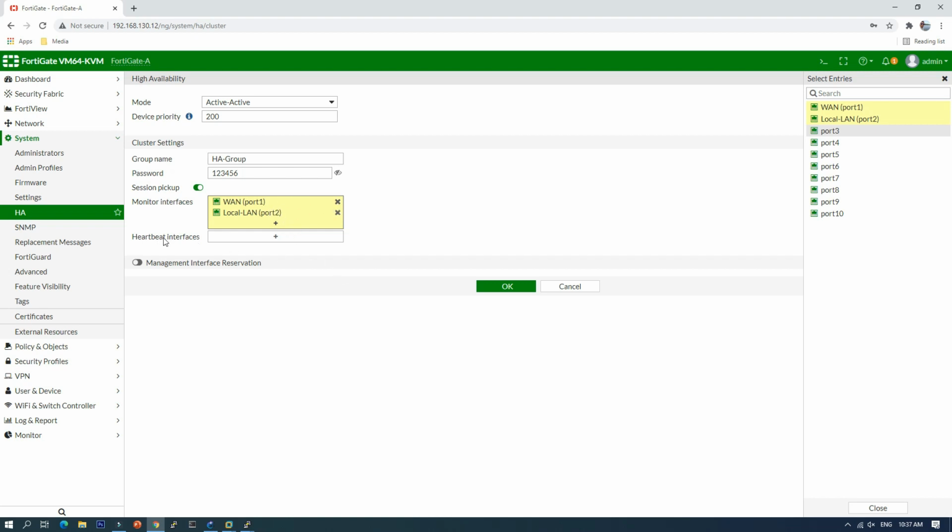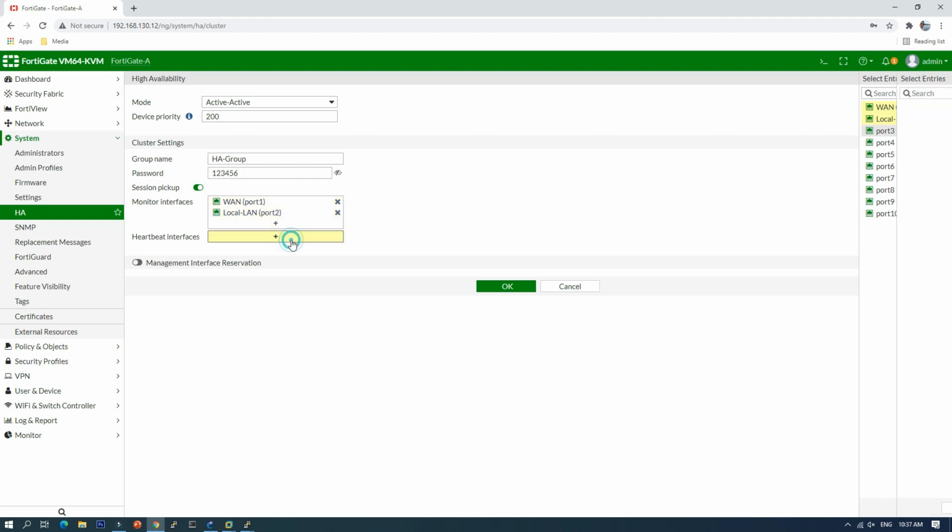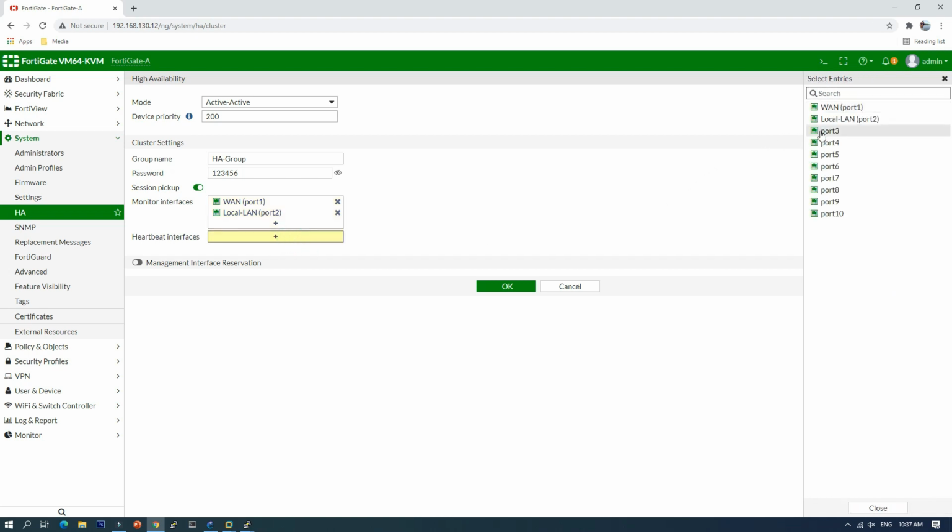Okay, this is the heartbeat interface. For the heartbeat interface, we use port 3.